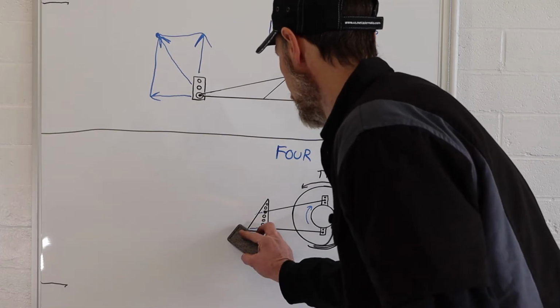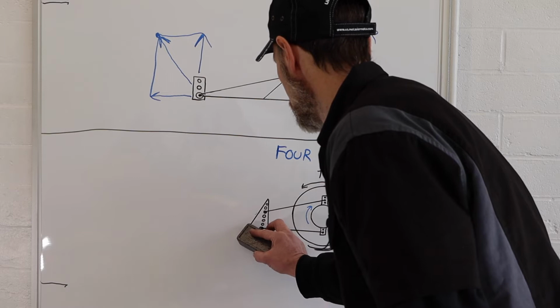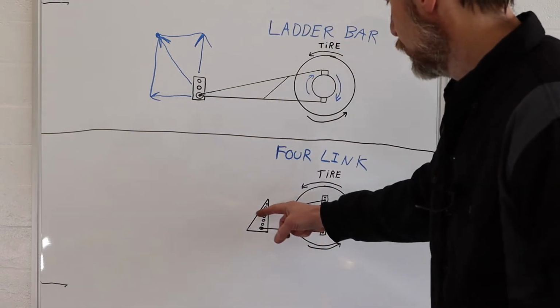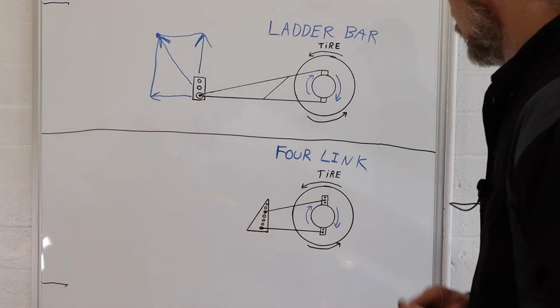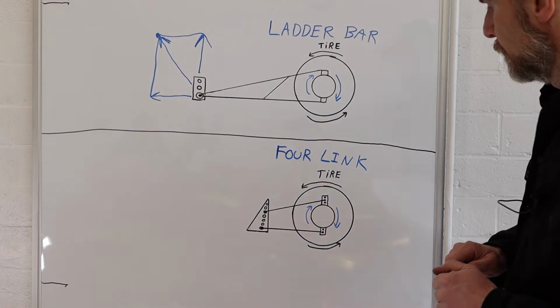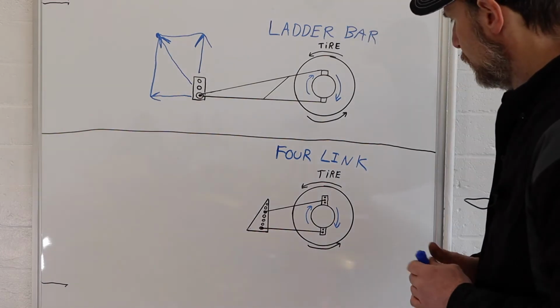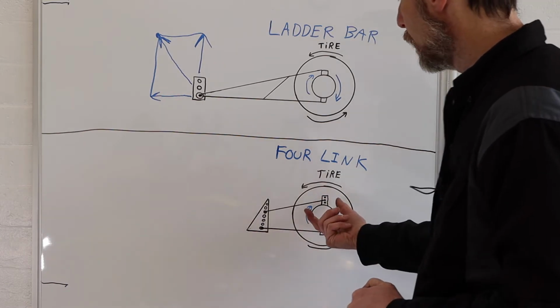I just want you to understand that where those bars would meet up would have the same instant center as the ladder bar. So in theory it should be the same, but let's watch how some of these forces react. So as the rear end, the axle housing, wants to rotate clockwise,